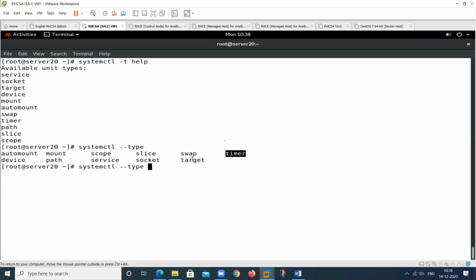Mostly we use the service unit, and this whole chapter is about the service unit. Only these two things I will discuss in this chapter. So this is all about the types.